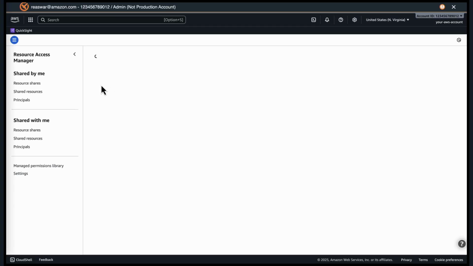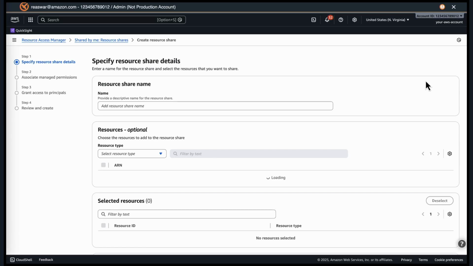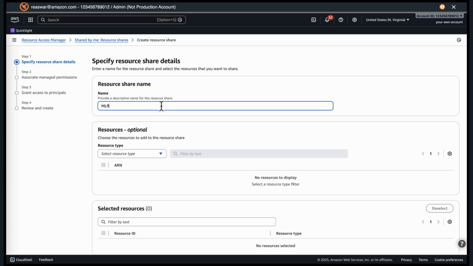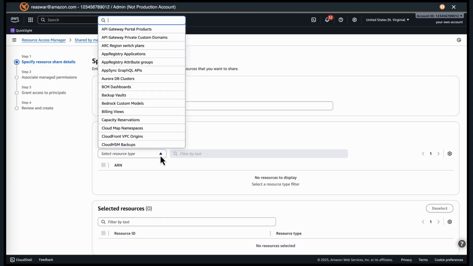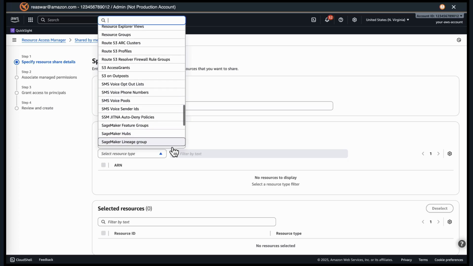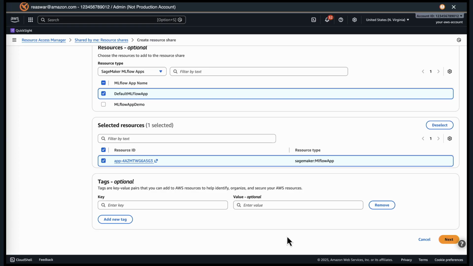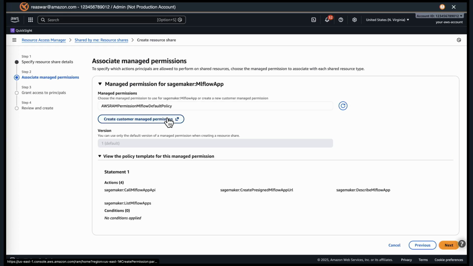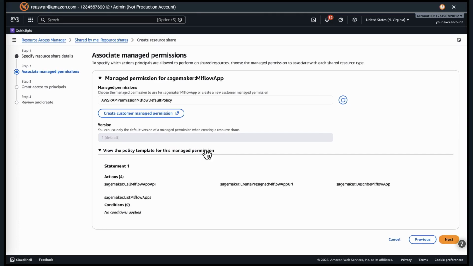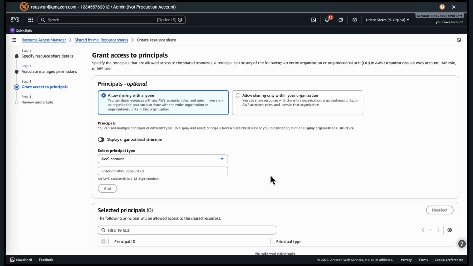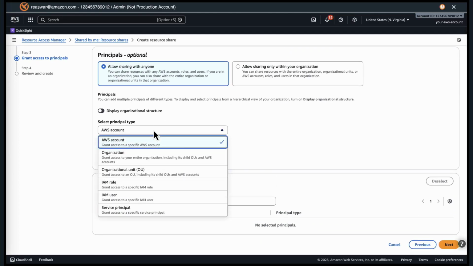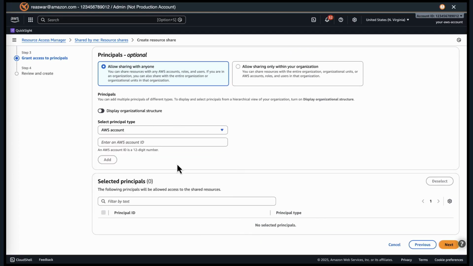So just to complete this cycle from an admin perspective, not all is lost, you have stuff to do. If you want to do cross-account sharing, I'm just demonstrating what that Resource Access Manager capability looks like. So you're able to go back in, selecting which MLflow app you want to share across accounts. You're able to give it specific permissions, whether you want the ability to create, edit, etc. And you're able to identify which accounts you want to share that with. And that's it. That's all you would have to do from a sharing standpoint.